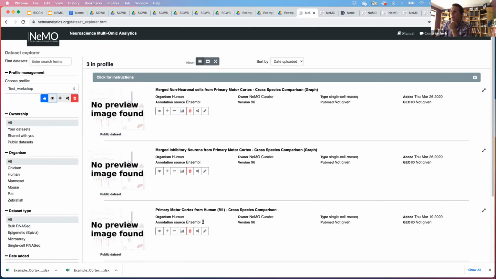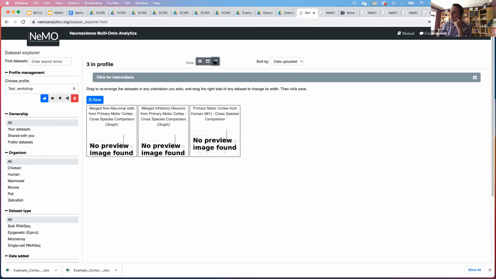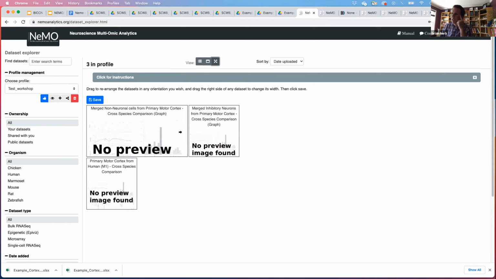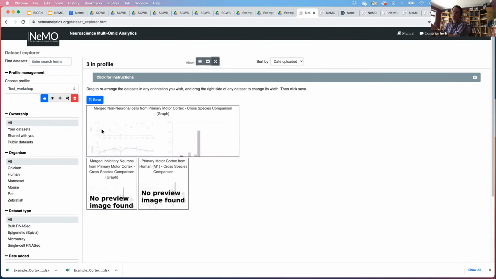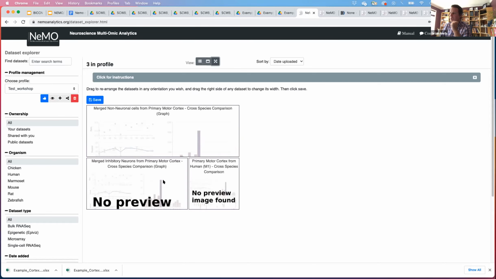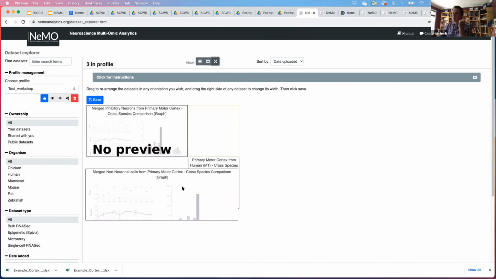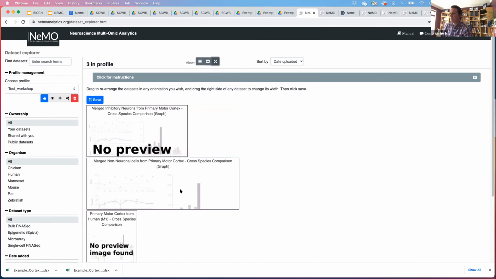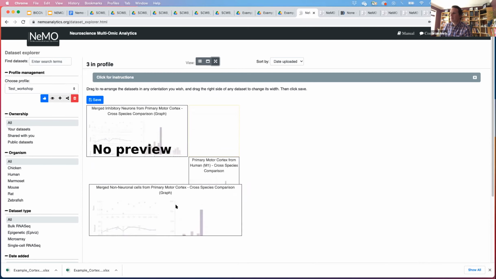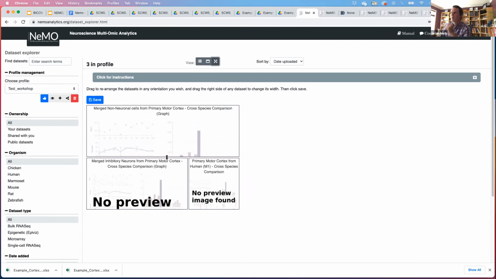Once you have that, and you're trying to understand how you're going to display that data, if you click up here at the top to the arrangement view, this is where you're actually going to be organizing how that page looks. You can expand these to be the full width of the website, or you can have them just side by side like this. You can move them around. So if I wanted to have them displayed like this, you can. We're going to do that, and it's important to click Save.